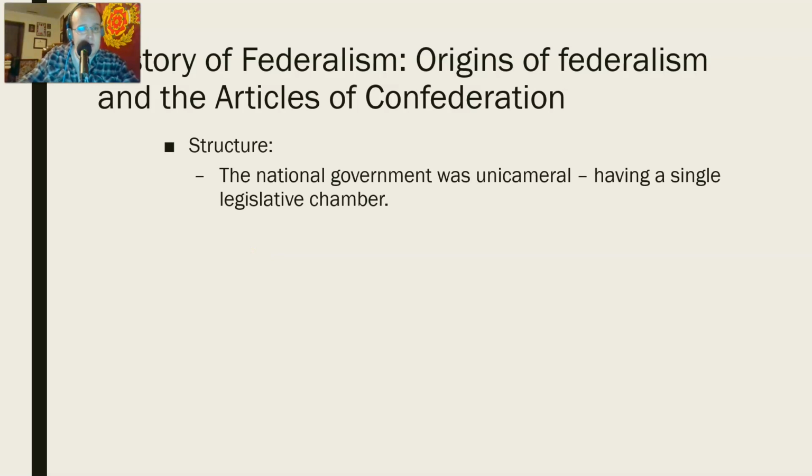We only had one legislative chamber back then. Each state had one vote, so they might send, say, 10 delegates, but they would have to agree. They'd have their own system of voting, state by state, and they'd come up with an answer. Maybe they'd reach a majority: 6 of the 10 delegates would say yes to a proposition, and that would be what, say, Delaware voted, just in that made-up scenario.